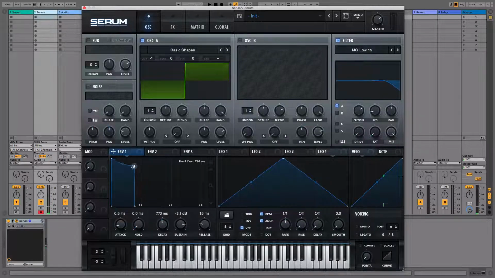If I drag down this sustain level here, just by going up and down on this third point, you can see we could turn it into just a very brief decay. So by going up and down there, what was happening